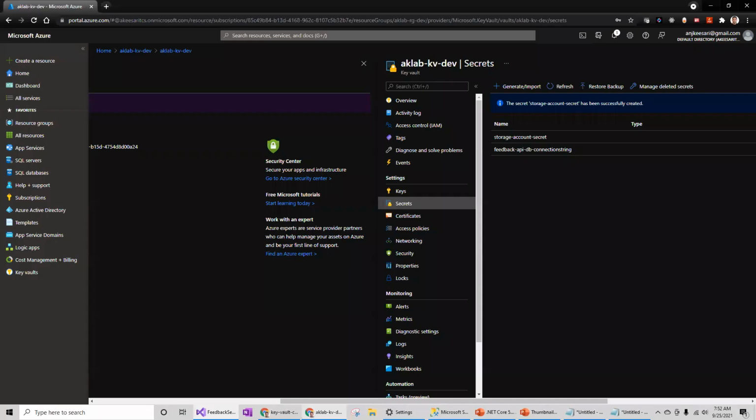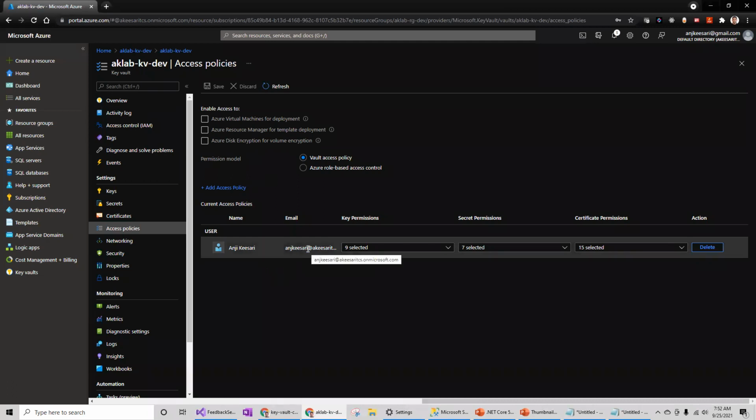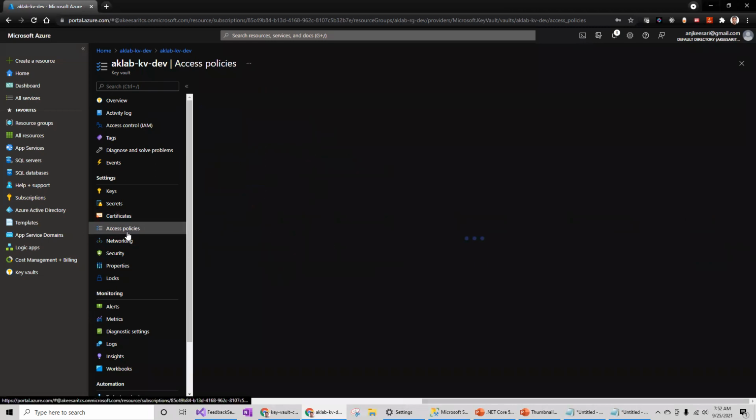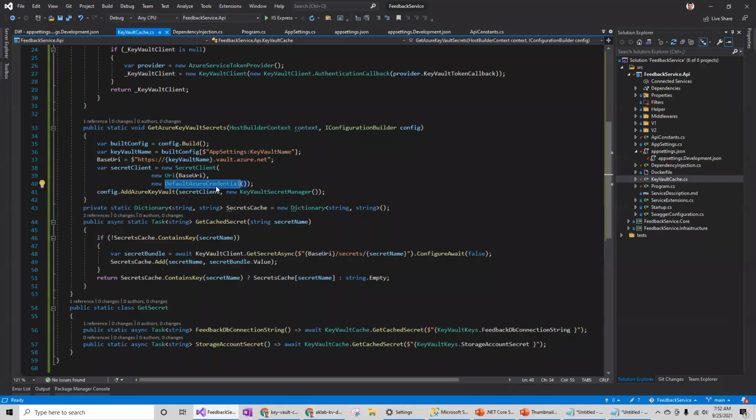So I have to go to the Azure Key Vault access policy and provide the required access to the Azure Key Vault service. I already have it by default, my name is already here, but still I'm getting the access denied error. That is because of Visual Studio.